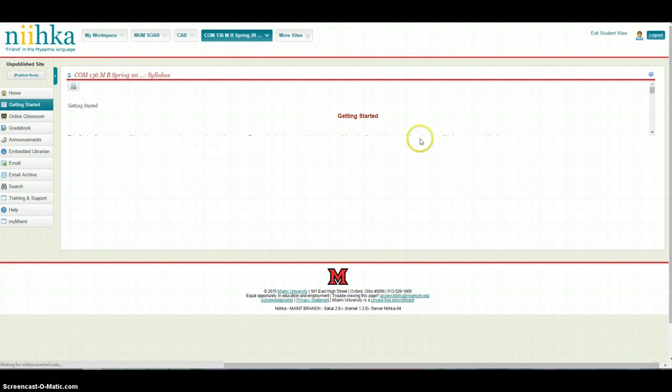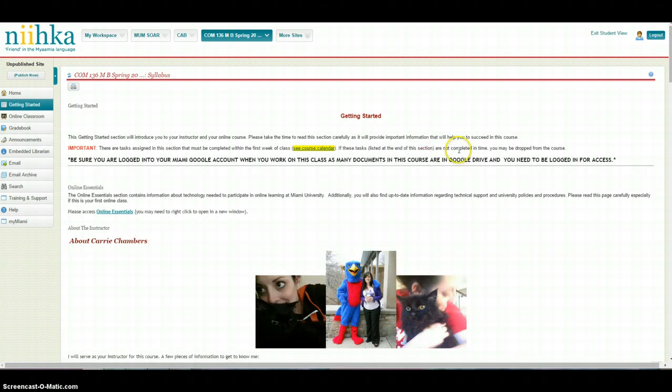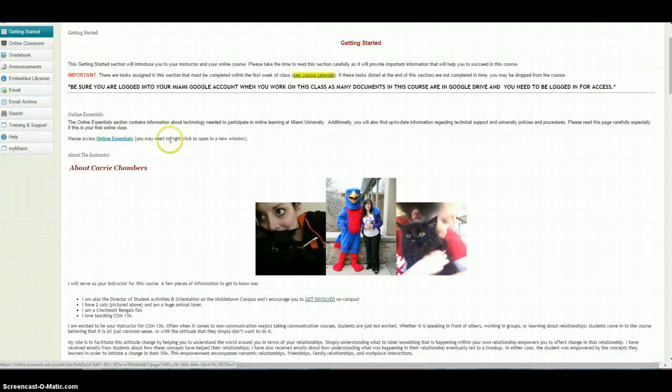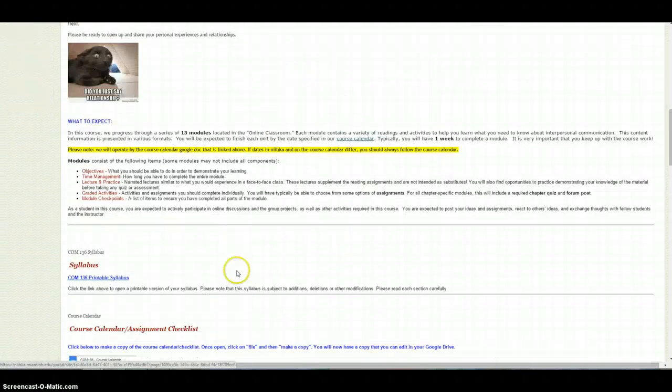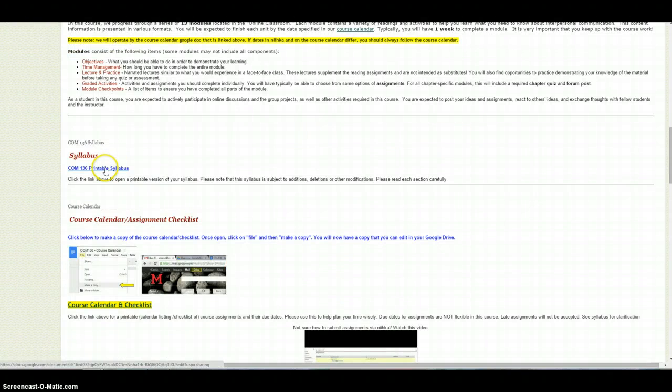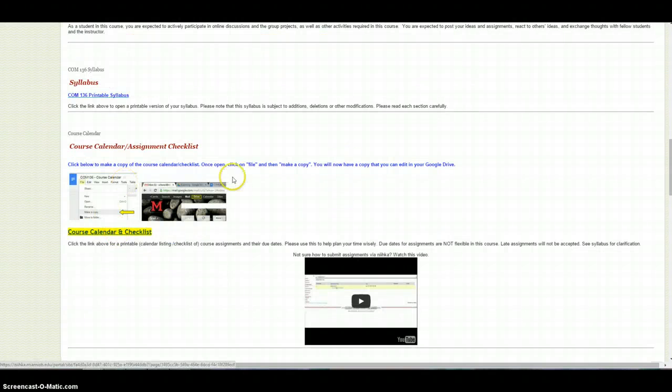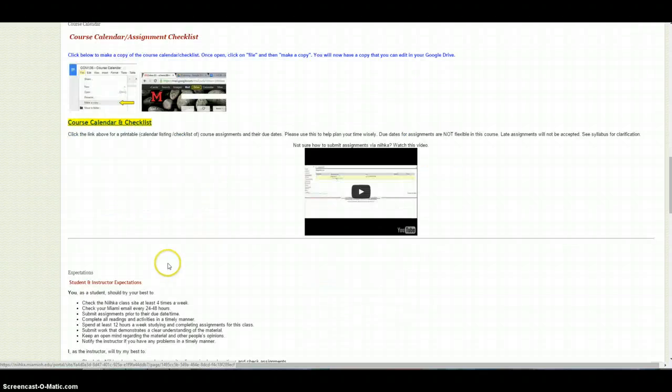Getting Started is the first thing that you should check out. It's got tons of information in it. Again, links to the course calendar. You want to make sure you're logged into your Miami email, your Miami Google account, so you can access everything. Information that you need to know about what you need to be able to do an online class. Info about me, about the course, a link to the syllabus that you can print and or copy to your own Google Drive, another link to the course calendar with information about how to copy it to your Google Drive,